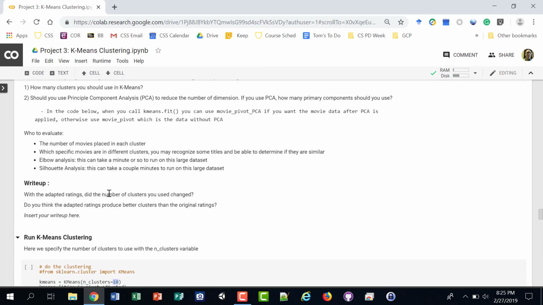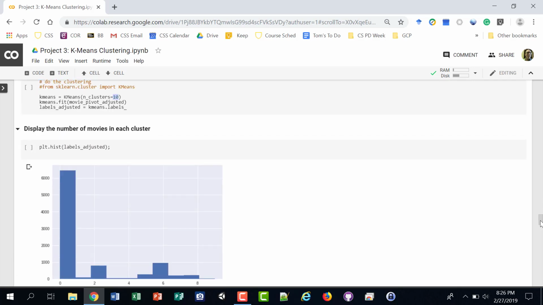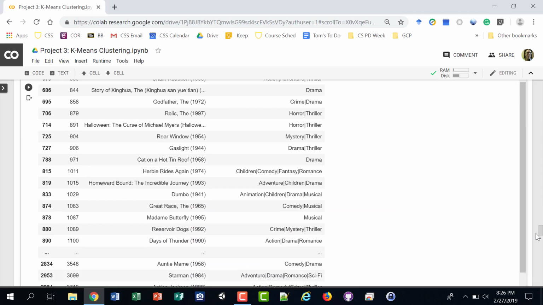With adjusted ratings, did the clusters change? Do you think it improved? And what do you think of these ratings, and what did you use? So likely if you found some good measurements above for the number of clusters, you might want to see if that continues to work down here also. Okay, the final thing is